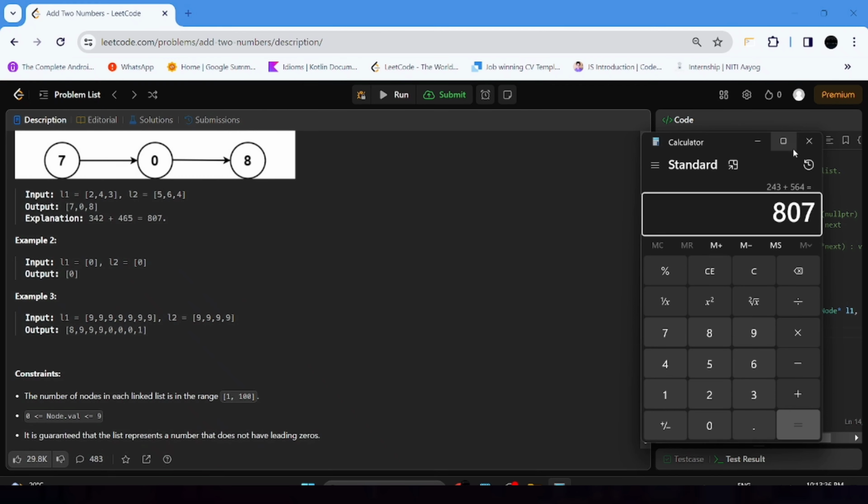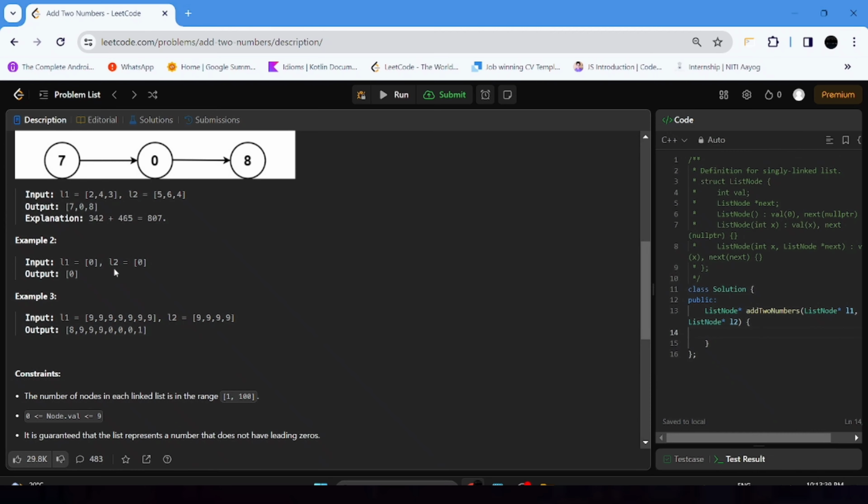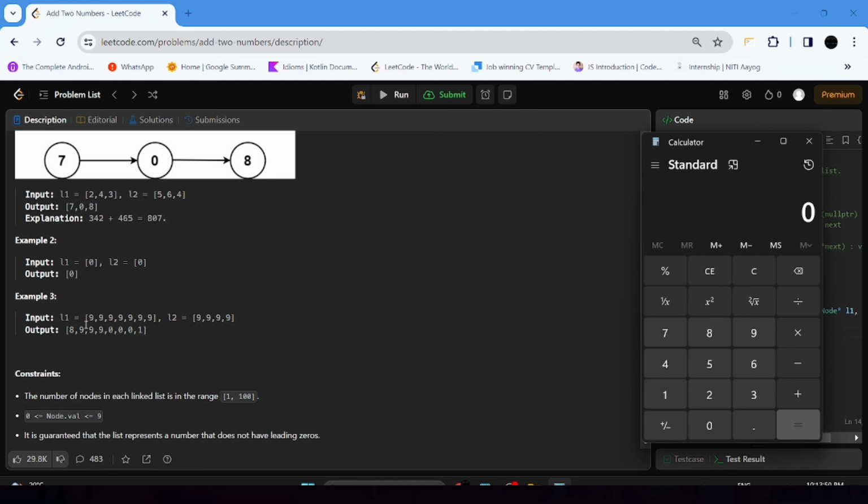Here in our example 2, we are given list 1 as 0 and our list 2 is 0. If we add 0 plus 0, we get the same output, which is 0. In our example 3, we are given list 1 which is 9999999, 7 times 9, plus list 2, 9999, 4 times 9, which is 10009998.